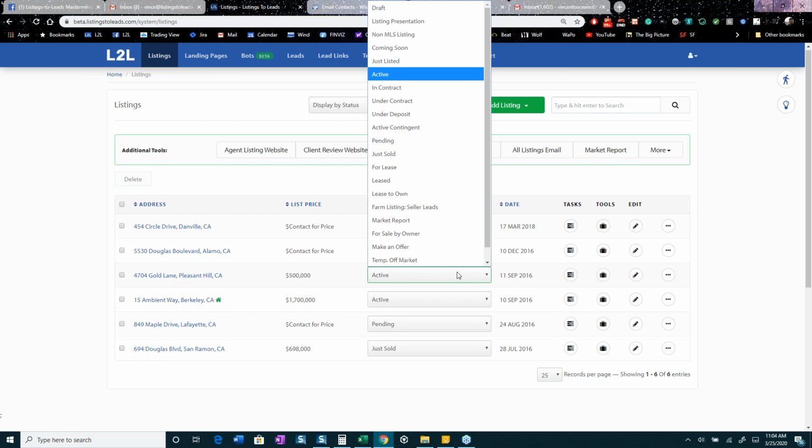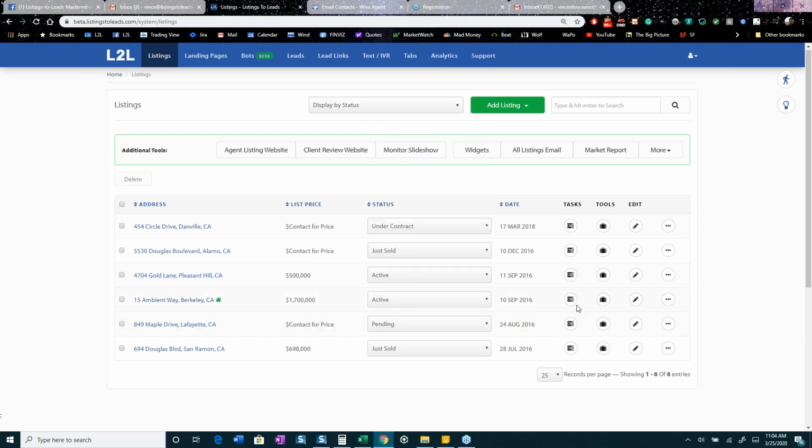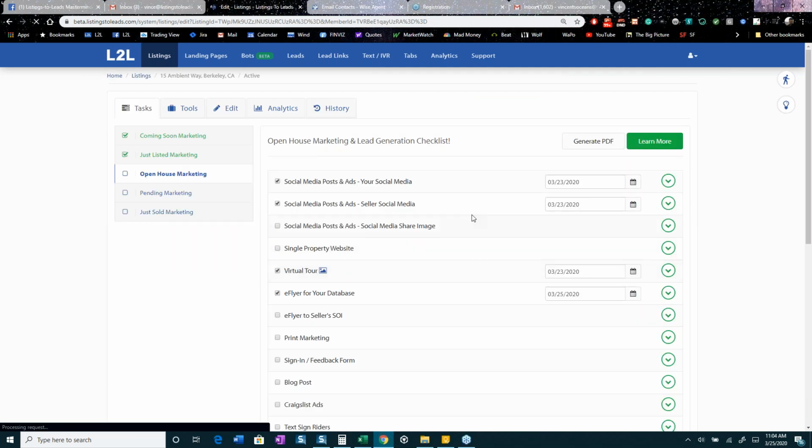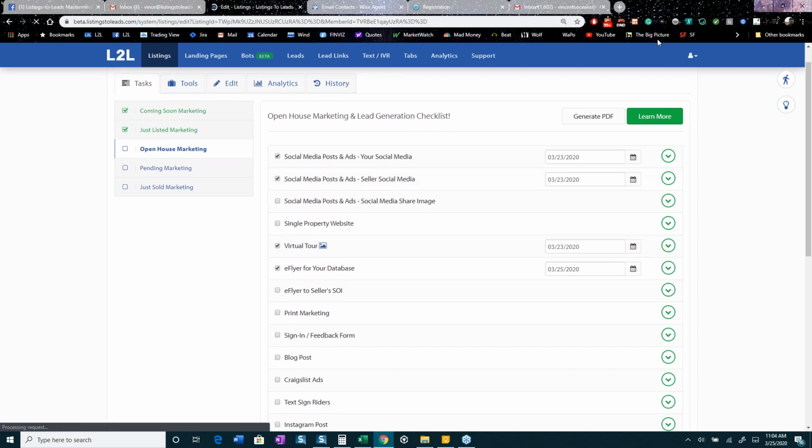There are a lot of tools under the checklist. You'll see here I've got a home with a little green icon on it. That means it's an open house. So I'm going to go here and click on the task list on the right. There are a number of things that we can do to market this home. If you were on our call yesterday, you will probably remember that we went through all of these items. So today we're not going to go through all of them. We are going to go through